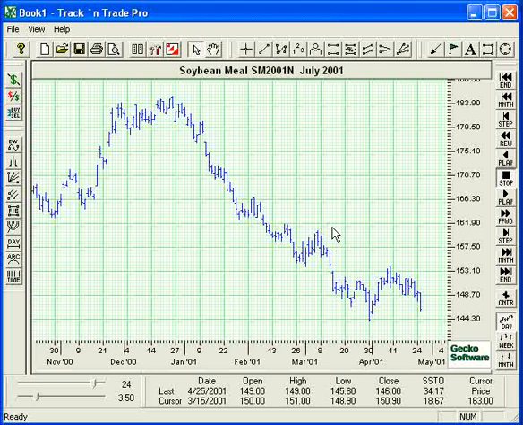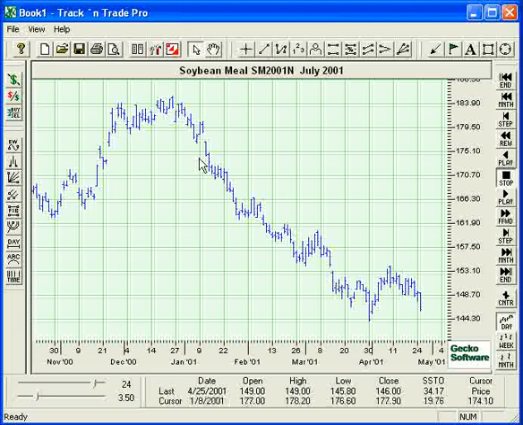Now we've been talking about markets that have trends, and this, as you can see, is a nice long downtrend coming down, with lower highs and lower lows. Now we're looking for a reversal of this downtrend. What would be a reversal of a downtrend? A downtrend, we know, has lower highs and lower lows. So a reversal would mean that we would have changed to an uptrend, that we'd then have higher highs and